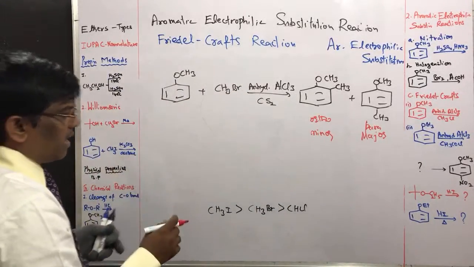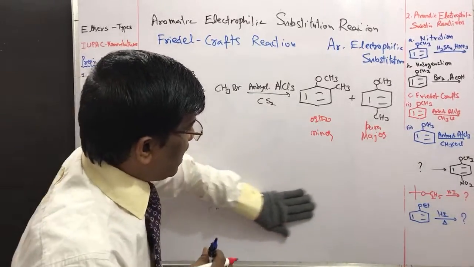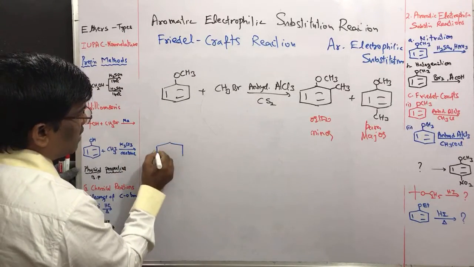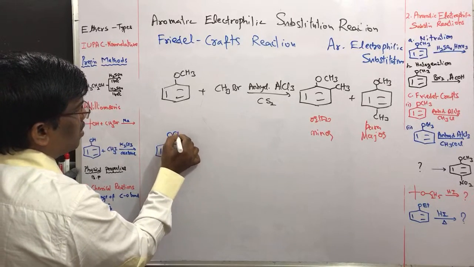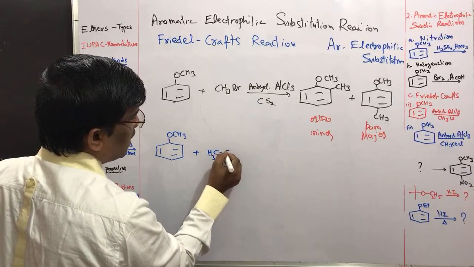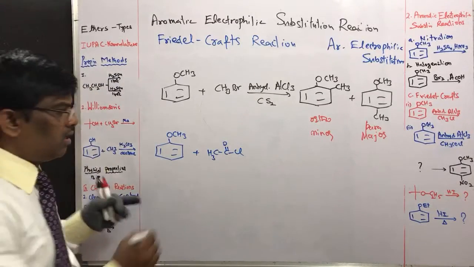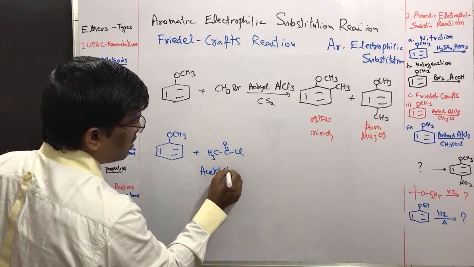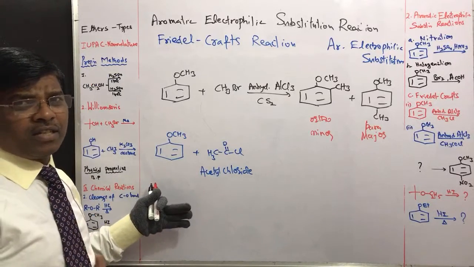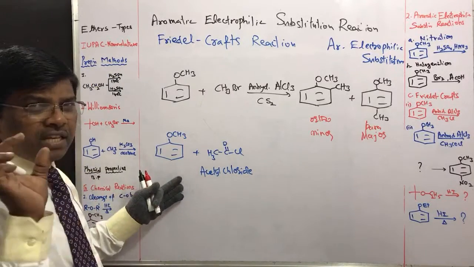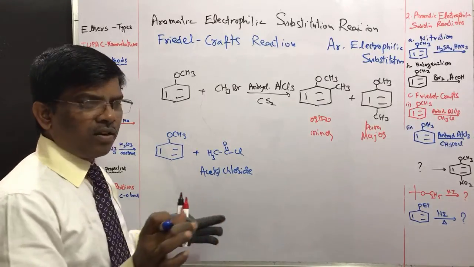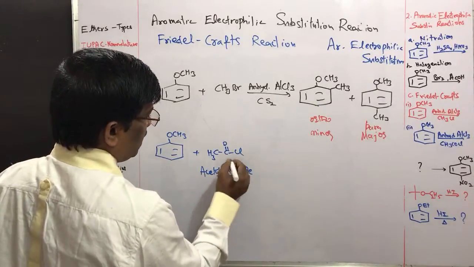Then another type of reaction, it undergoes Friedel-Crafts acylation. What are the starting materials? If I take the same anisole and react it with an acyl group. What is the acyl group? CH3COCl, acetyl chloride. Different textbooks give different names, but I am teaching the common names, which are the names used in research papers. So remember like this, acetyl chloride can be used